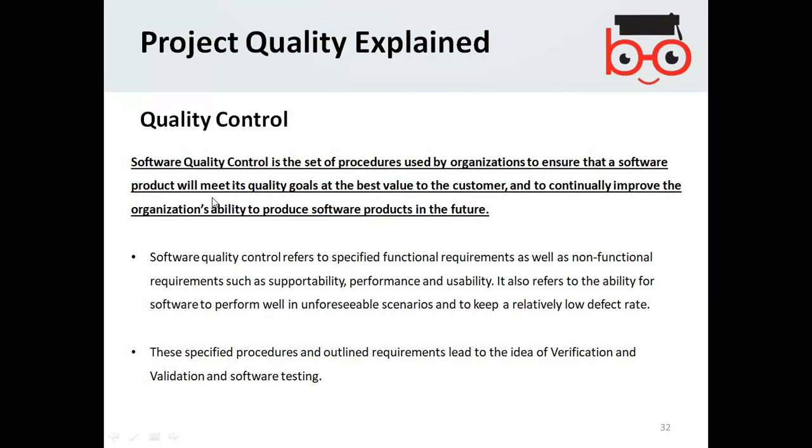So quality control is controlling the standard of the software according to certain rules, according to certain standards like ISO certified, and there are many more standards that characterize the level of quality within a software.